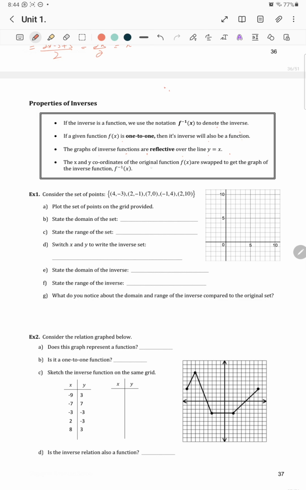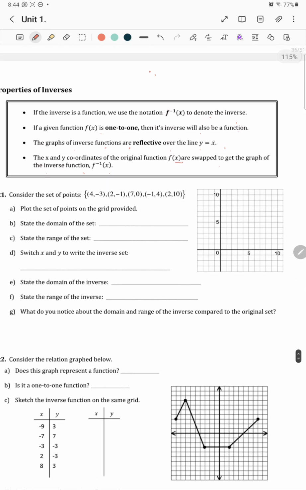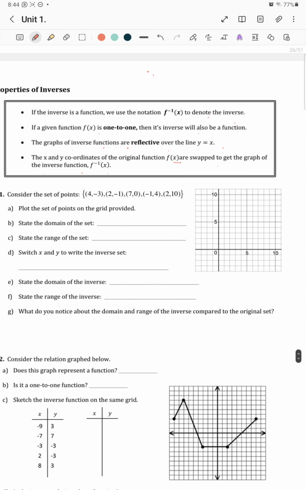If x and y are coordinates of the original function f of x, then we have to get the graph of the inverse function f inverse x. Consider the set of points. Plot the set of points on the grid provided. Okay. (4, -3), (4, 1), (2, -3),